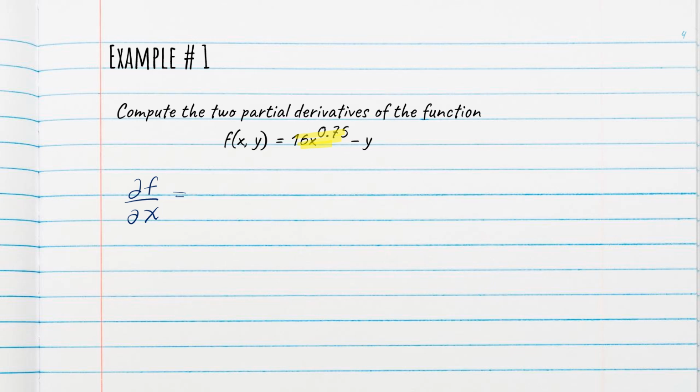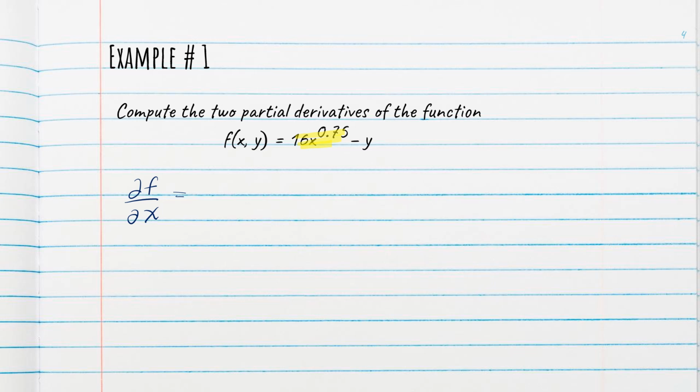So I've highlighted my first term in my function f because that's the only term that has an x in it. And we see that this partial derivative is going to be exceedingly simple to compute. So we want to understand how f, which depends on both x and y, changes as x changes, holding y constant. We observe that x lives only in the first term and y lives only in the second term. So to differentiate this function with respect to x, we just have to follow that power rule or exponent rule that you probably learned in your Calc 1 classes.